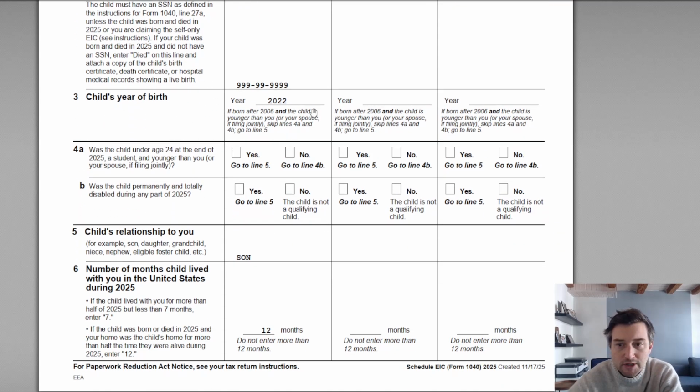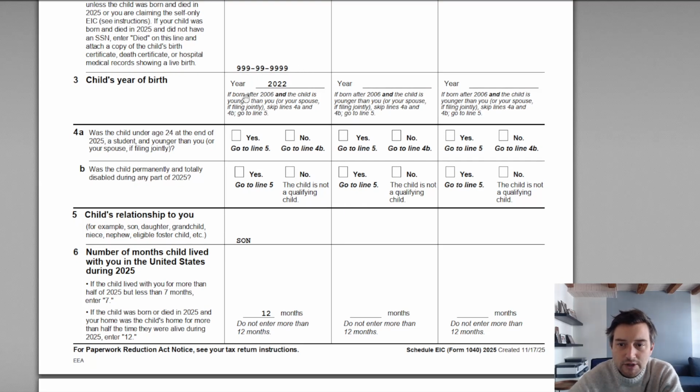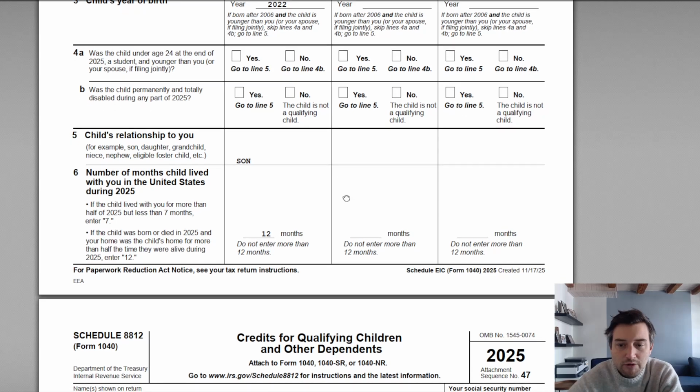Year of birth for the child, so 2022. And again, there's another little note there that says if the child was born after 2006 and the child is younger than you or your spouse, if you're filing a joint return, you can skip lines 4A and 4B and go straight to line 5. Well, that applies to us, right? He was born in 2022, so obviously well after 2006. So we're skipping 4A, 4B, and we're going to line item 5,